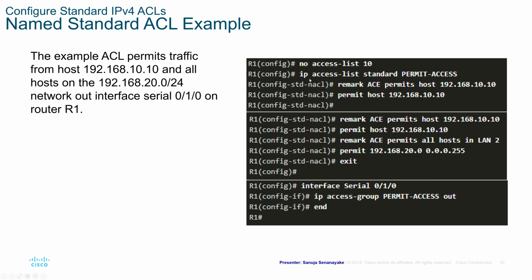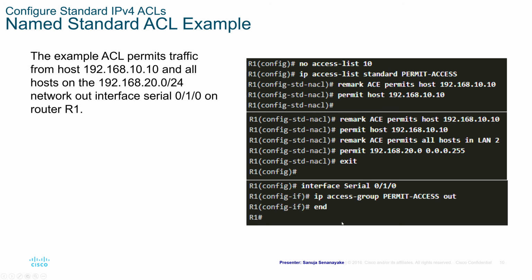And we're going to add a new access list. This one we're going to call ip access-list standard PERMIT-ACCESS. That's the name of the access list we're going to use. And we're going to use permit host 192.168.10.10. Then we can add a remark to permit all hosts in LAN 2, with permit 192.168.20.0 and the wildcard mask